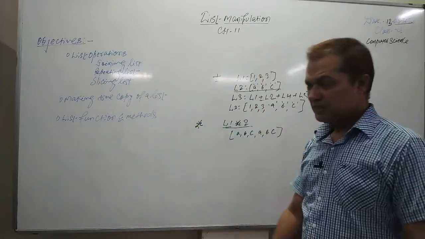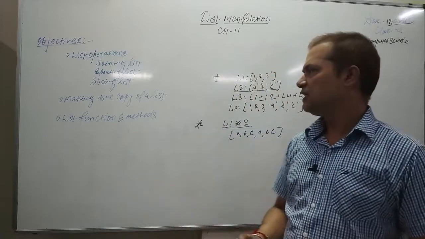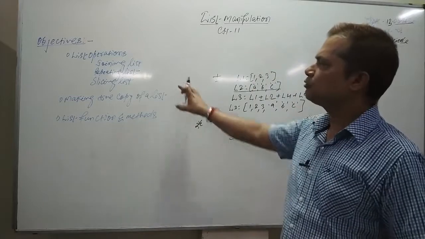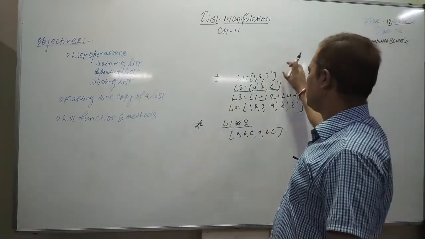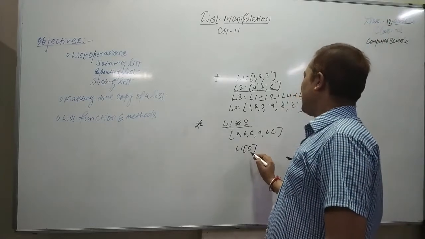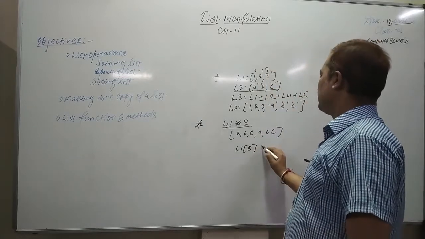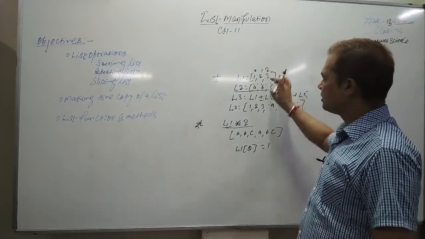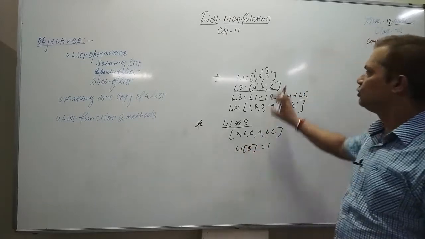Now slicing. Slicing of a list is similar to a string. In a string, we have already seen how to slice a particular range of elements. Let's see how to slice list elements. If I have L1 and I want a particular element, I can simply say L1 of 0. Now L1 of 0, as it's the first index, as you all know 0, 1, 2, will give me 1. If you want a particular element from the list, simply use the list name, and within brackets you use the index.